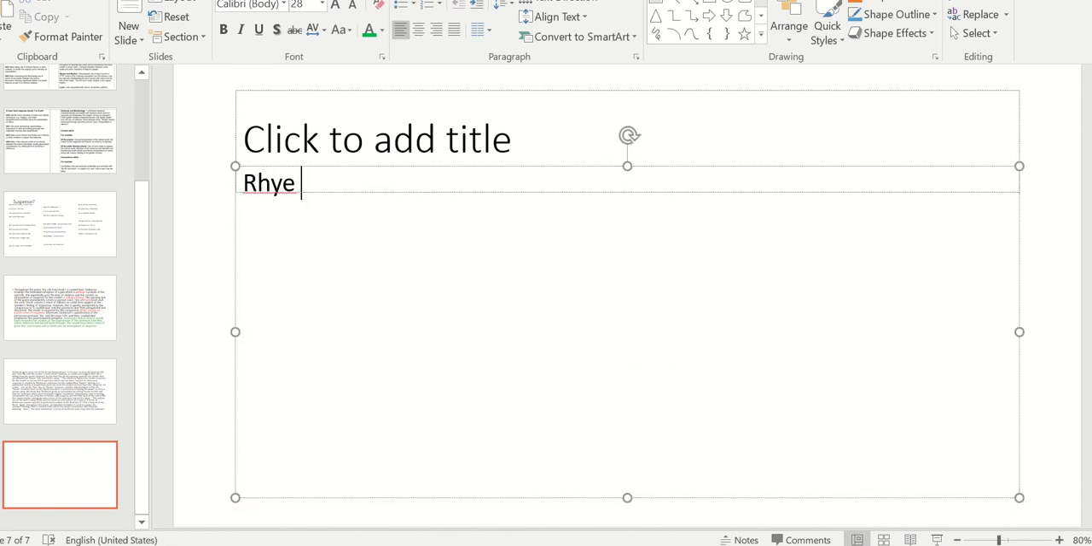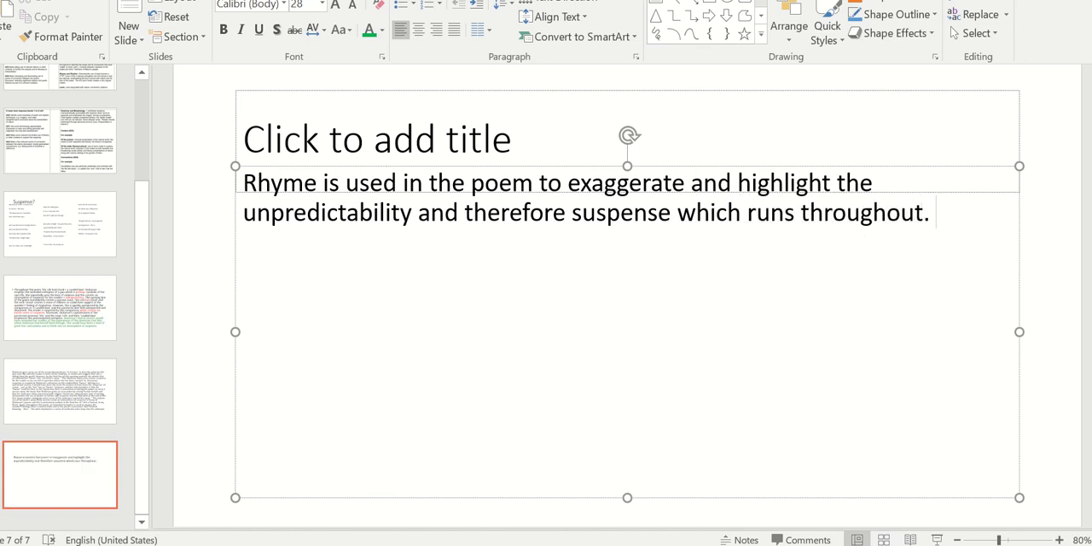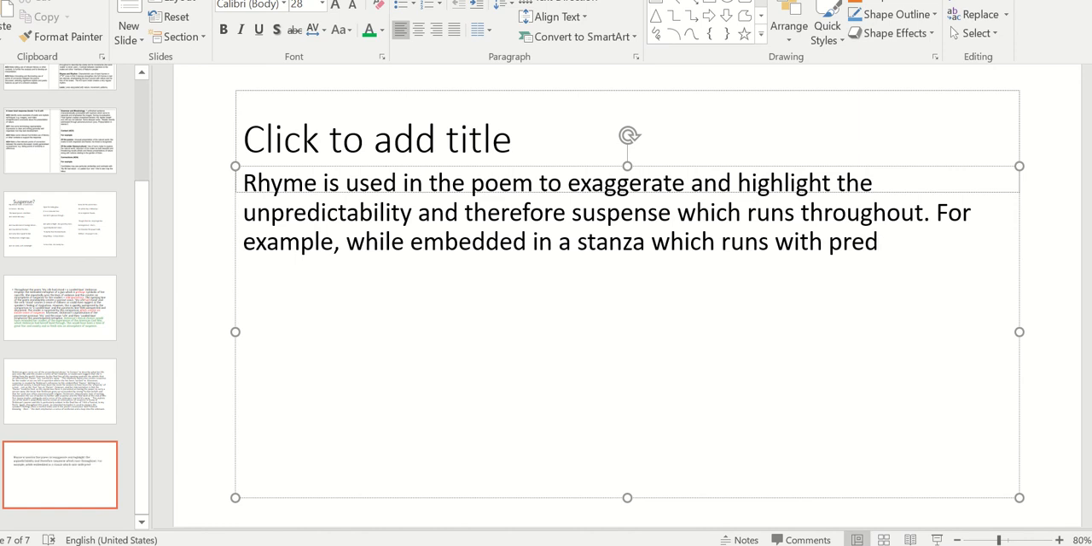So rhyme is used in the poem to exaggerate and highlight the unpredictability and therefore suspense which runs throughout. Yeah? Happy. Can't type. Very high pressure. For example, while embedded in a stanza which runs with predictable hymn meter,